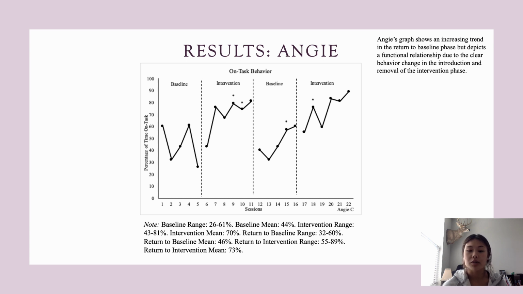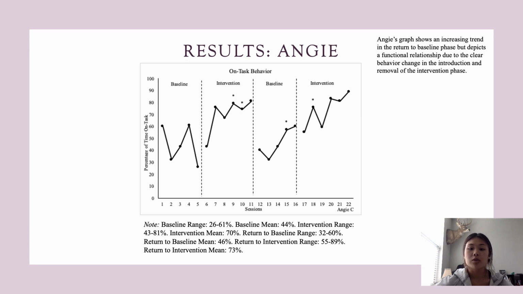My intervention mean was 70%, and when we had the removal of the intervention or return to baseline phase, my percentages were back to 32 to 60%, and then my mean was 46%, which was very similar to my first baseline phase results. In my return to intervention range, I had 55 to 89% with a 73% mean, which was